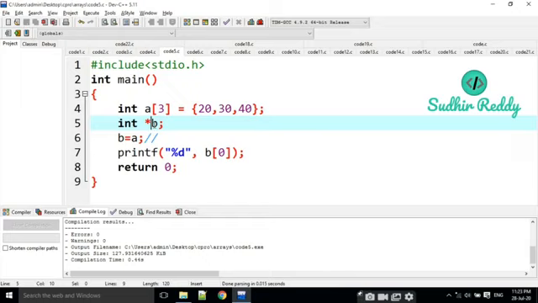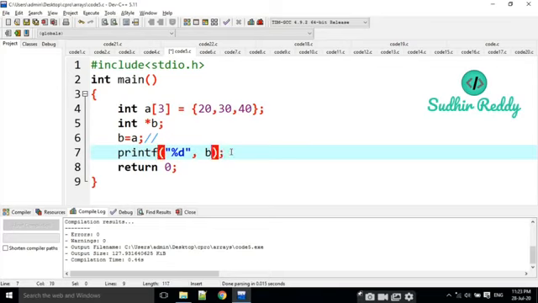That's why it is going to print, A is the first value's address. That's why it is going to print 20 here. And I am going to print, I don't know what the output is. Just execute it on your own and guess what the output is. I am going to print here B plus 1.